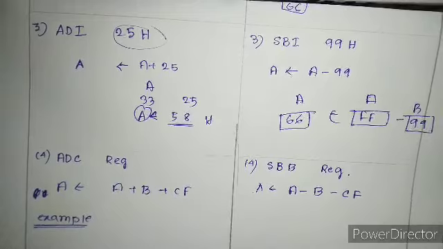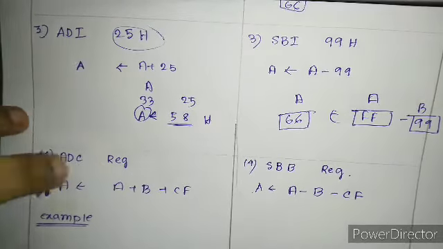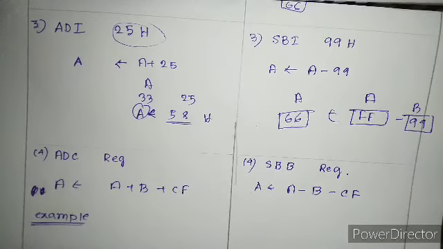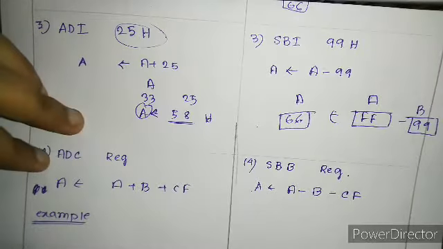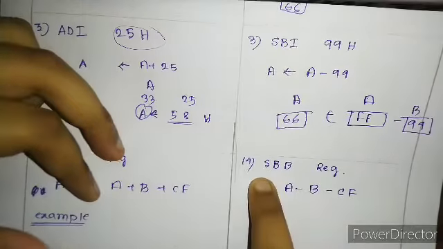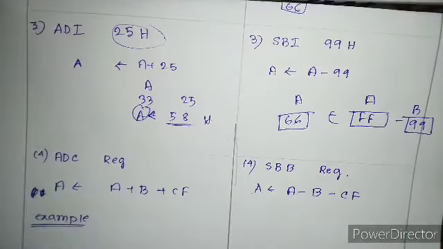The next instruction is ADC register name and SBB register name. Whenever you do programming in any language, first look at the keyword and try to understand what instruction it could be. First decode the name. ADC: addition with carry. SBB: subtraction with borrow.